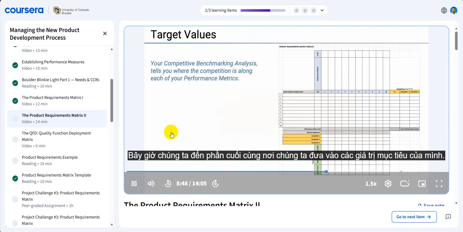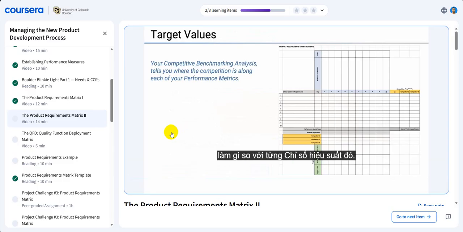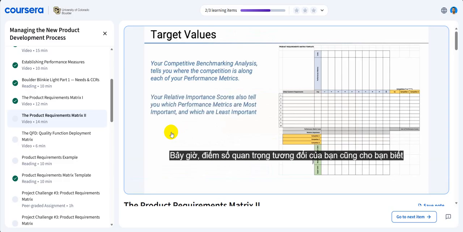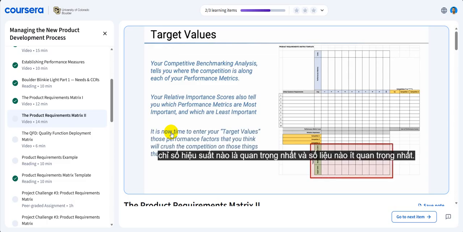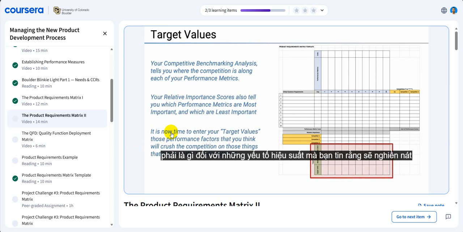Now we get to the last section, where we put in our target values. Your competitive benchmarking analysis tells you what the competition is doing relative to each of those performance metrics. Your relative importance scores also tell you which performance metrics are the most important and which are the least important. So now what we have to do is start defining what our target values need to be for those performance factors that you believe are going to